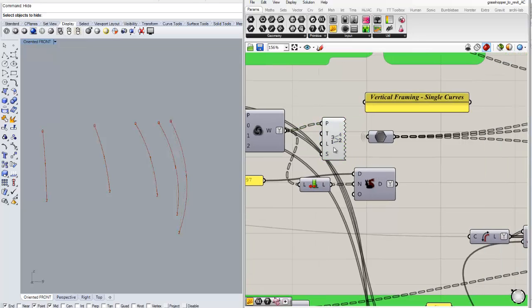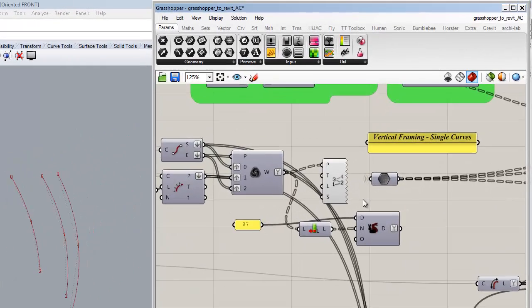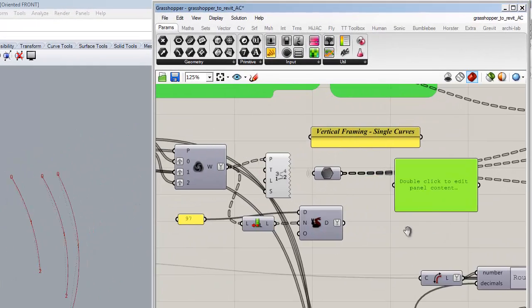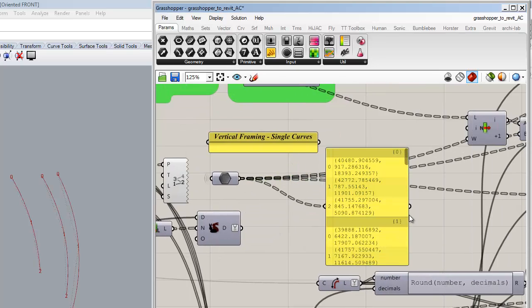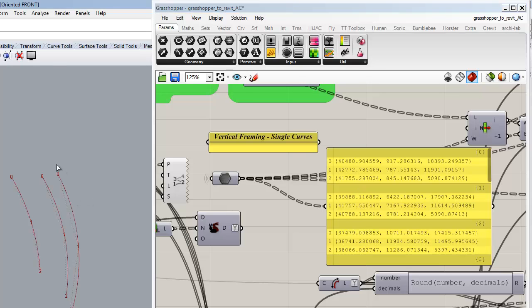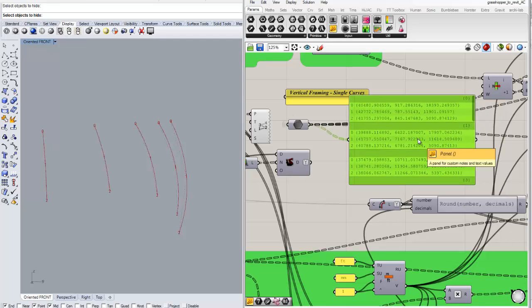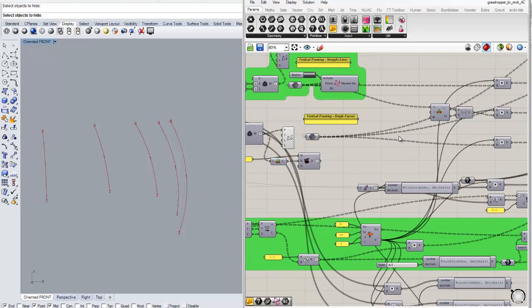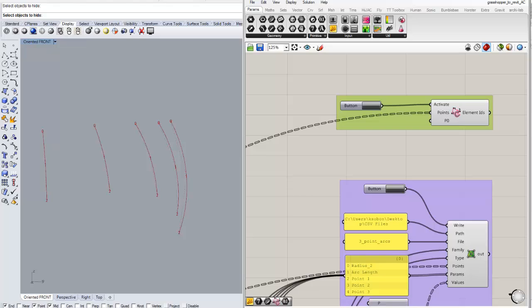And the only thing that you gotta keep in mind with Chameleon is that you want to maintain the same structure or list. So if I was to take a quick look at that list, what that looks like is each one of the arcs sits on its own branch of the tree, and then each one of the points that make up that arc is a list on that branch. And that order and that data structure has to be maintained for Chameleon to work. So once we have that, we will go into Revit,